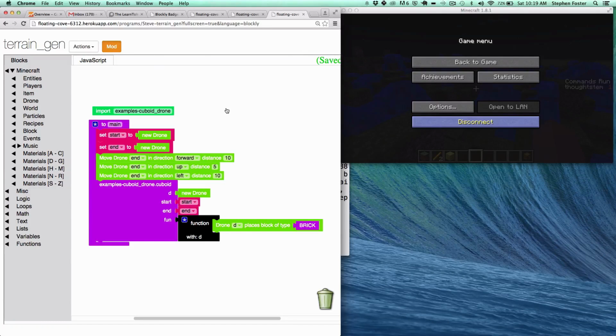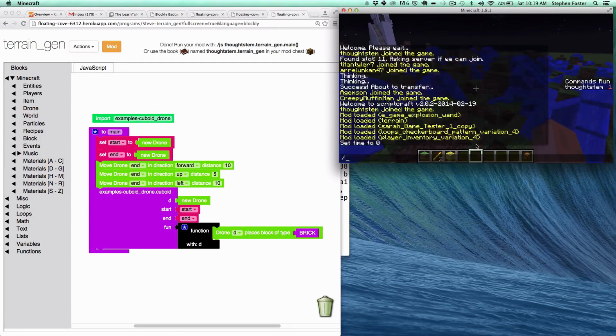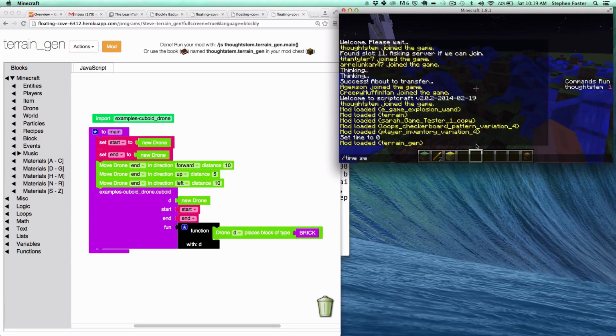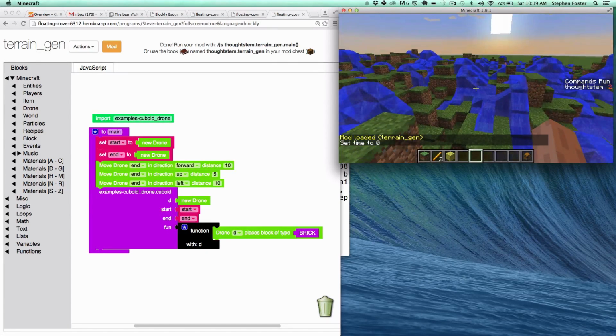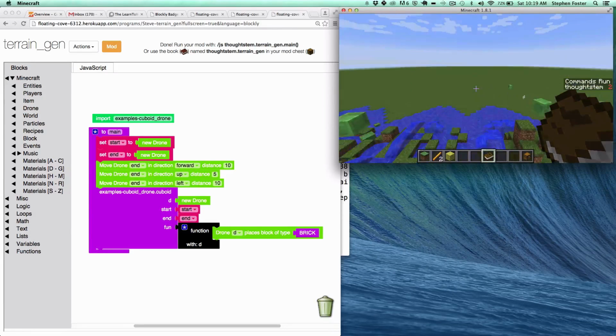So I'll press mod. It's modding. Pop back over here into the game. I don't like when it's nighttime. I'm going to turn it to daytime. And where's my terrain mod? The one I just made right here, terrain. Let's move over here to